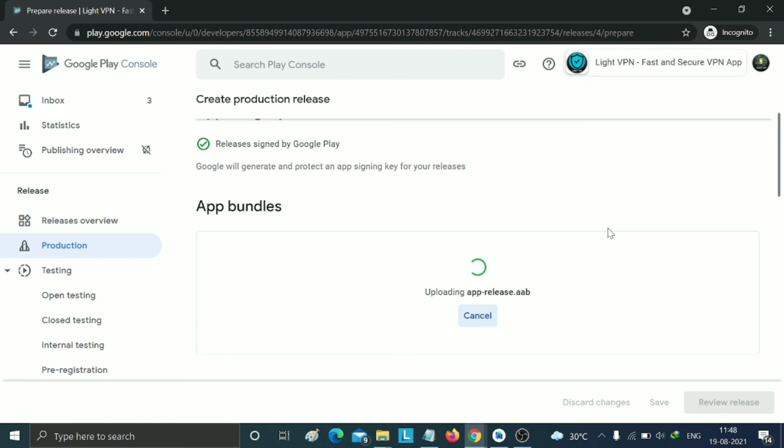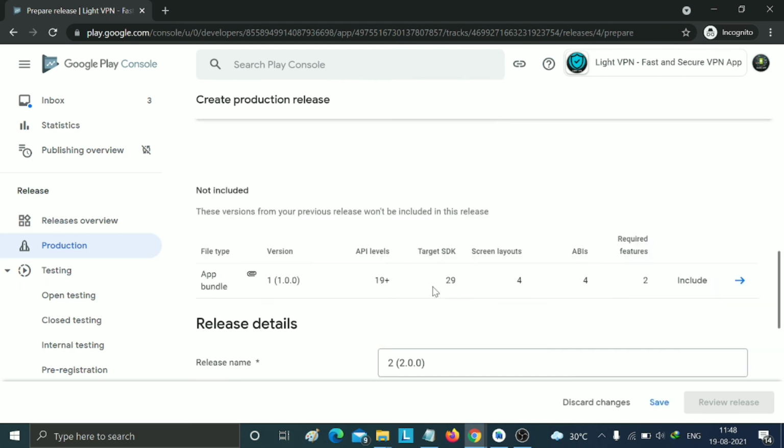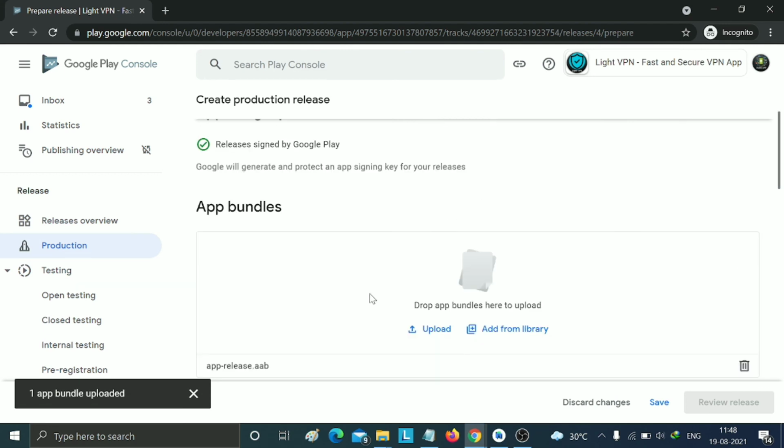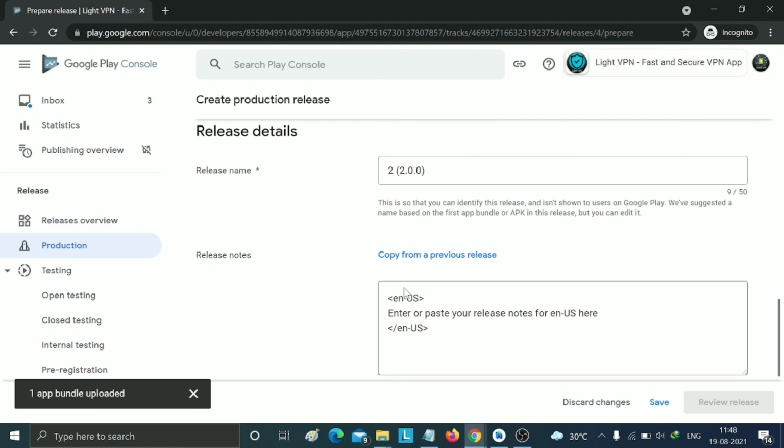So I have added a subscription plan in my APK file. So you can just type here. I just wait for some minutes. Just go down. You can check one build bundle uploaded. My file is uploaded successfully now.